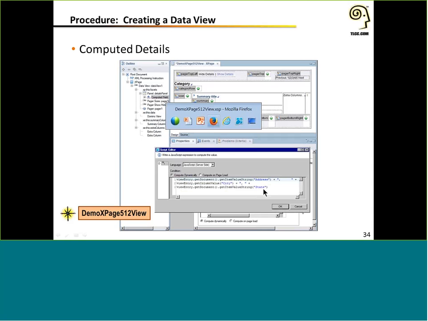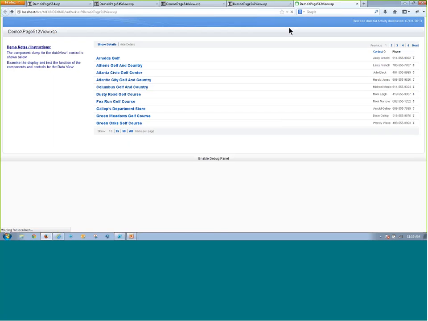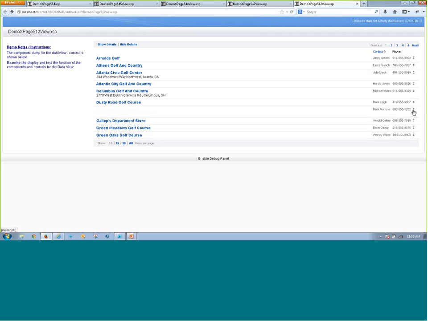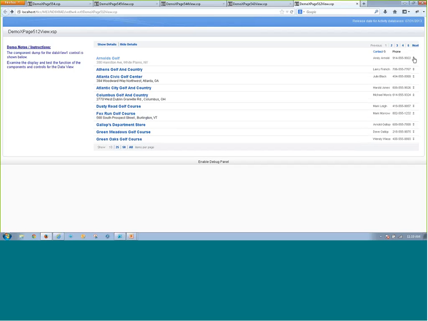So let's take a look at this. A live example here. So again, this is our data view. We've got our summary column here. Got a couple of extra columns off to the right. But I have these expand and collapse icons now, which I can use to expand or collapse each of these rows independently. And we can see here in this detail section, we've got that address that we just showed you how to look up using some properties from the underlying document and that column value from the underlying view. So that's how you can begin to set this up and start to use the details, and importantly, using that var property to compute them.